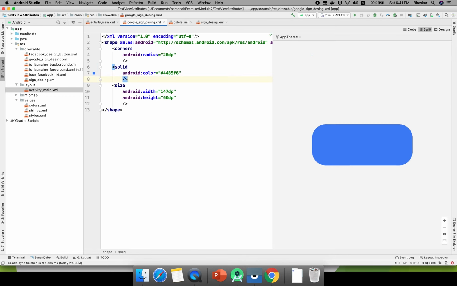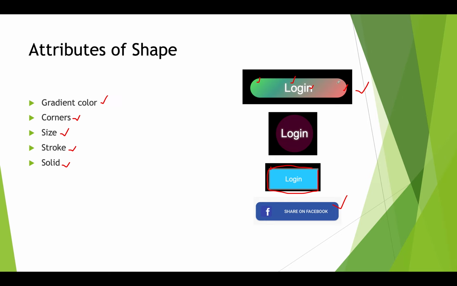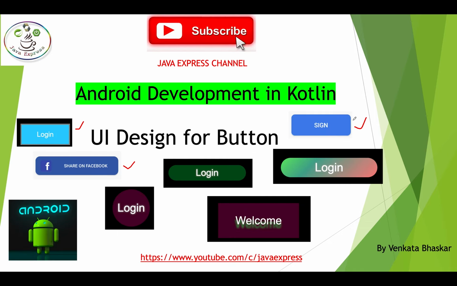So this is the way you need to define your button. We'll see in the next tutorial how to design with the image. Now you know how to design this part. Assume that gradient color, I didn't explain it, right? We designed this button. In the next section I will explain how to design an image with your text view, and how exactly to do it.